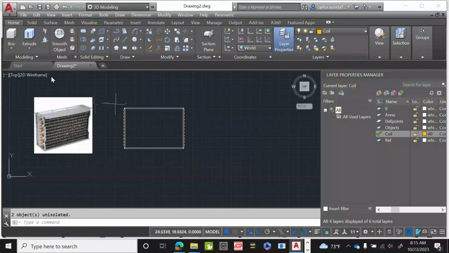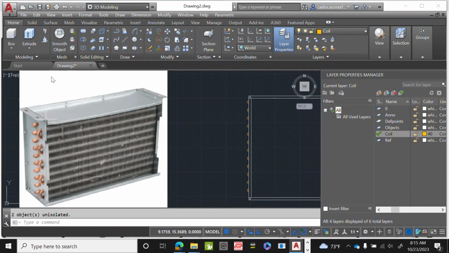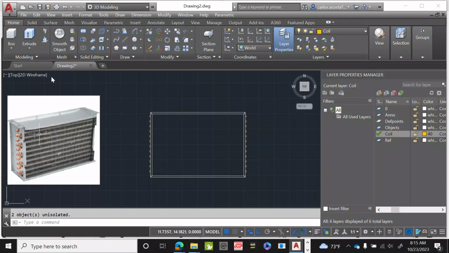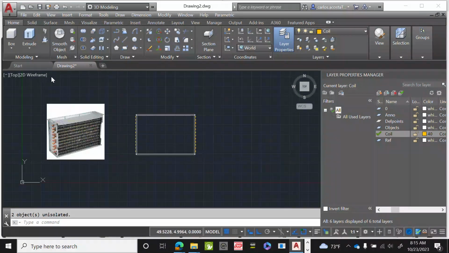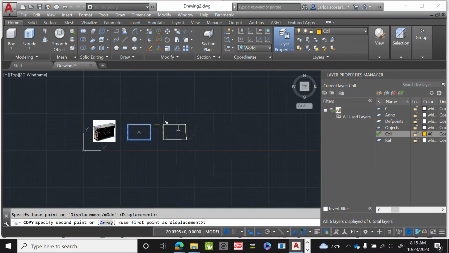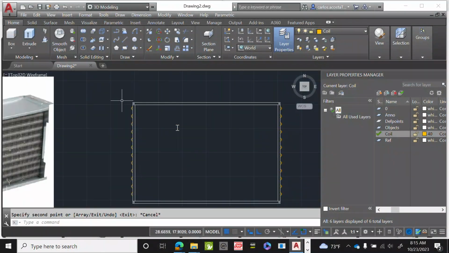So if you look at the picture, yeah, there are other things that we need to worry about. So there's this part right here to mount it, and there are other objects here, but really what I want to focus on is the coil portion. So let's go ahead and do this. We have two options. Let's copy this whole thing, and let's try two options to draw the technical specifications of it. So let's go ahead and draw,